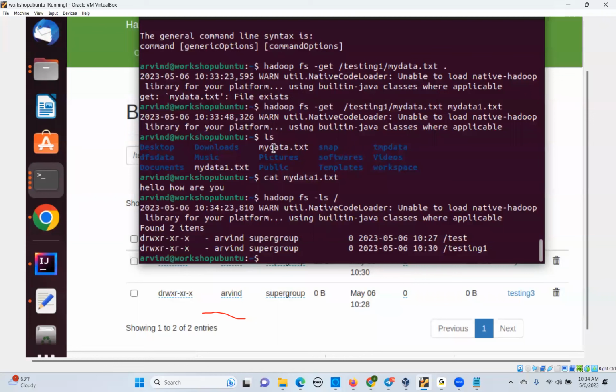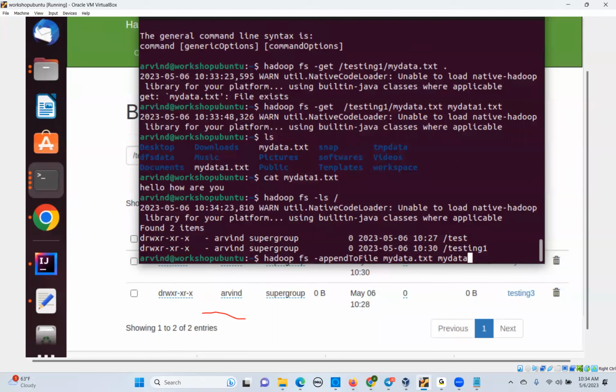So suppose, for example, my data and my data1, these two files I want to combine and then create a new file in Hadoop file system. The command is hadoop fs -appendToFile. So when you use appendToFile, you have to give the two file paths. So you just simply say what those files are,